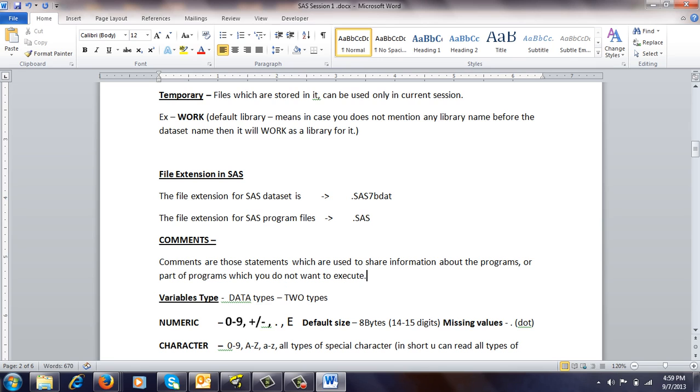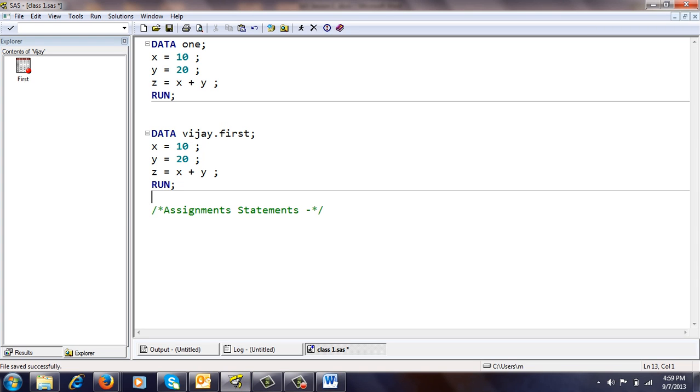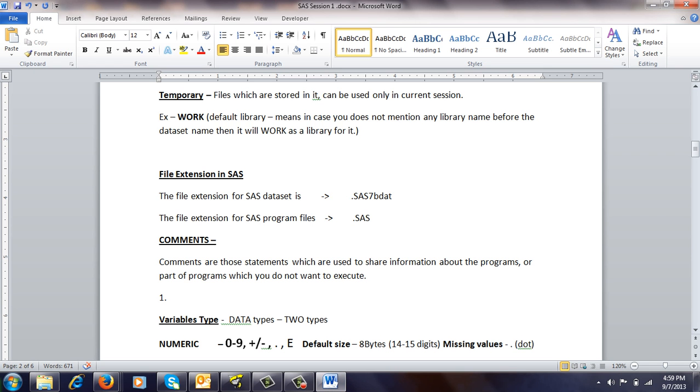Assignment statement, like here I am giving any variable name equal to some values. I will elaborate more on this assignment statement. Before that I am just explaining what comments are.